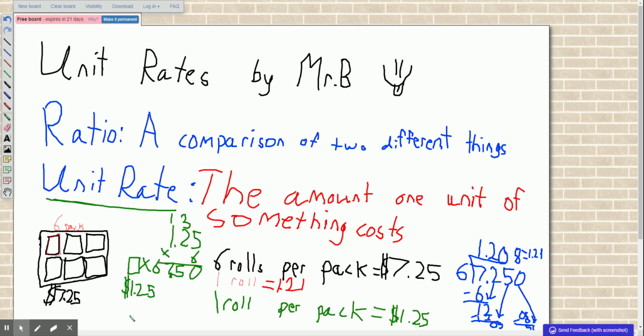So when we buy 6 of these green toilet papers, that would cost us $7.50. And so for the same amount of toilet paper, we'd be paying 25 cents more by buying the singles,